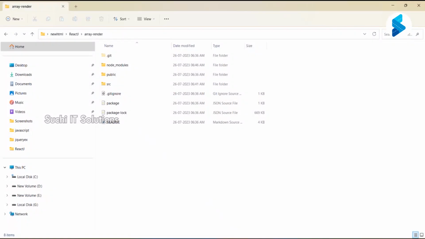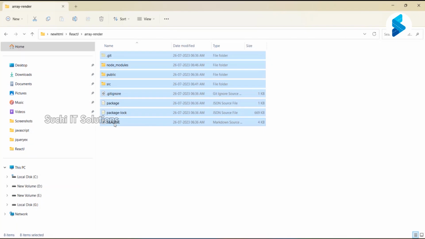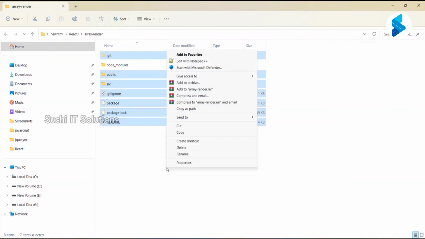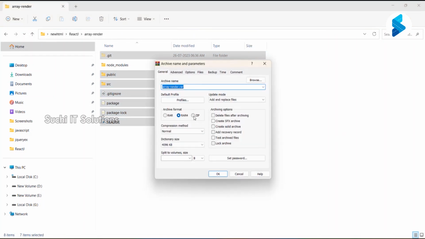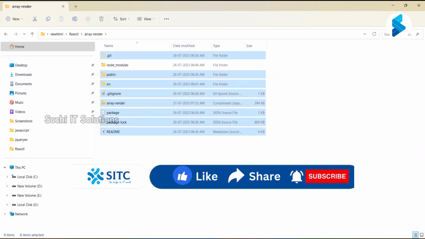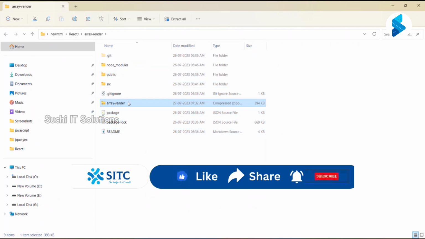I'm going to zip. See this one. This is the way I'm going to select: Control A. Control A I'm going to use except node modules. Why? Because that is a lengthy size. So except node modules, what I'm doing, I'm going to zip it. I use the add-to-zip file option, so that we get a zip file. This zip file you need to download and extract, so that you can get this kind of folder. Enter that one, open the command prompt,